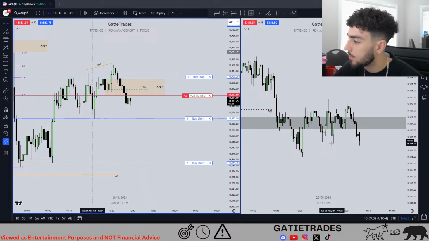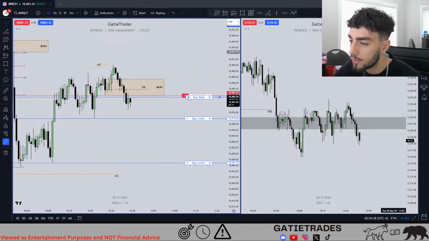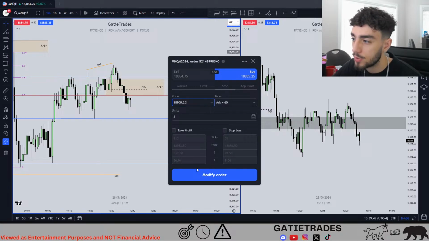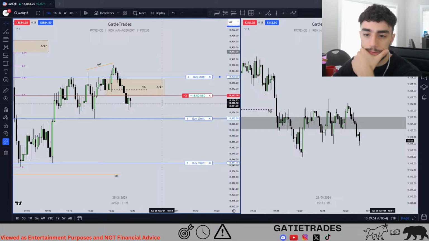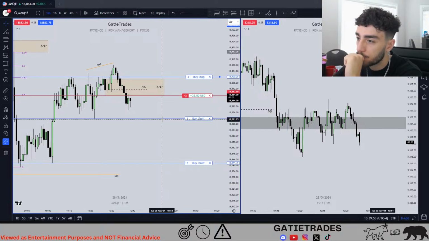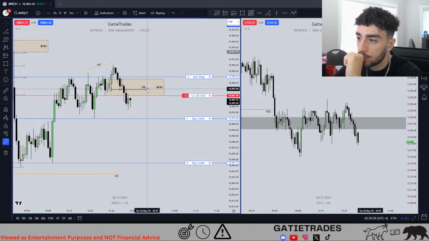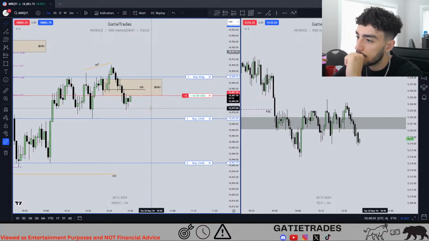Is there SMT at the lows right now? There is 1022 low SMT. Hopefully we can close that up. I am tempted to break even just because of that SMT. Nah. We're still in profit if we lose. I wish there was a stronger displacement as well. Getting back to this order block really nicely.